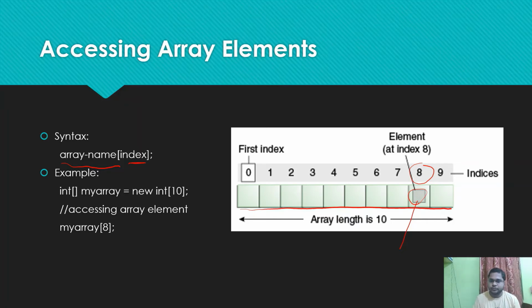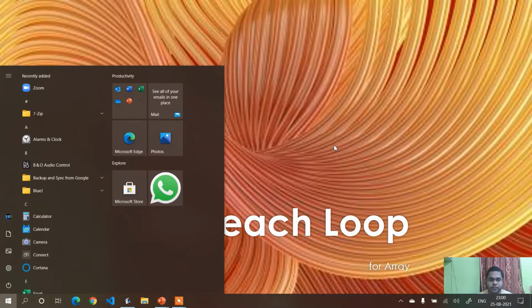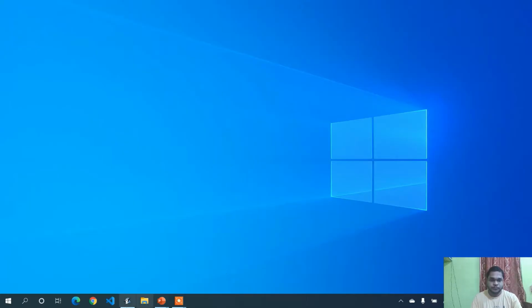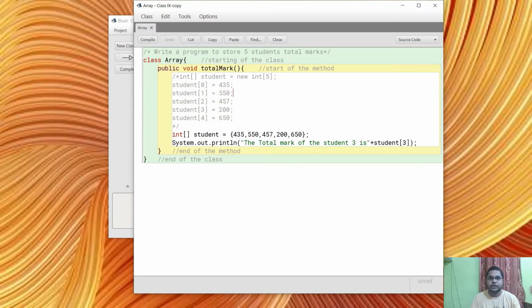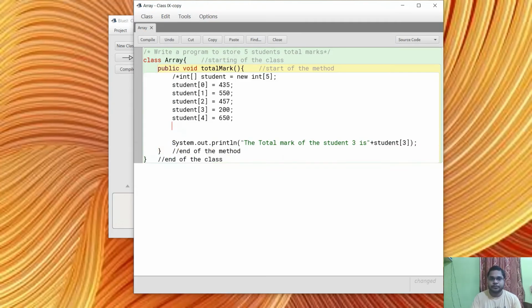Okay, let's do a quick program practice. This is our previous program, right? The class is MyArray, and here I provide totalMark as my method name.